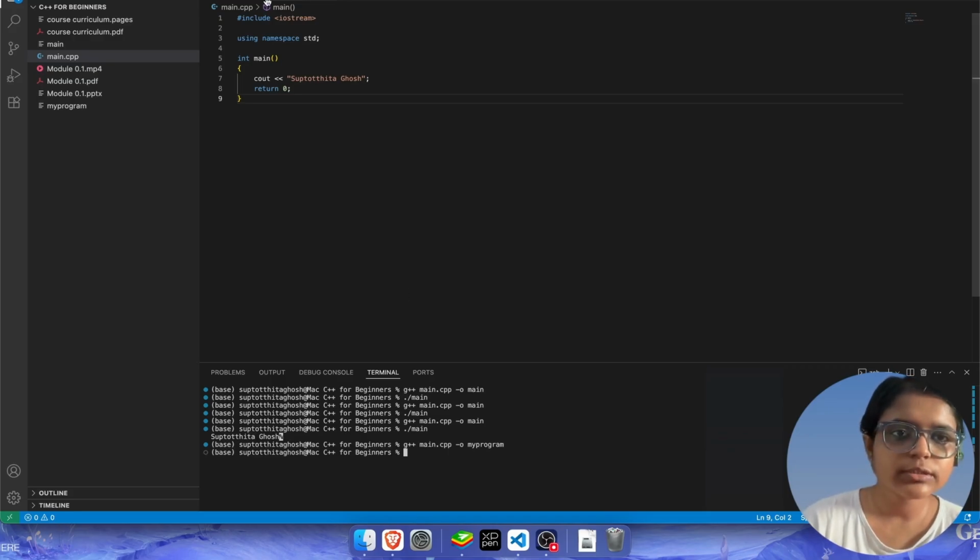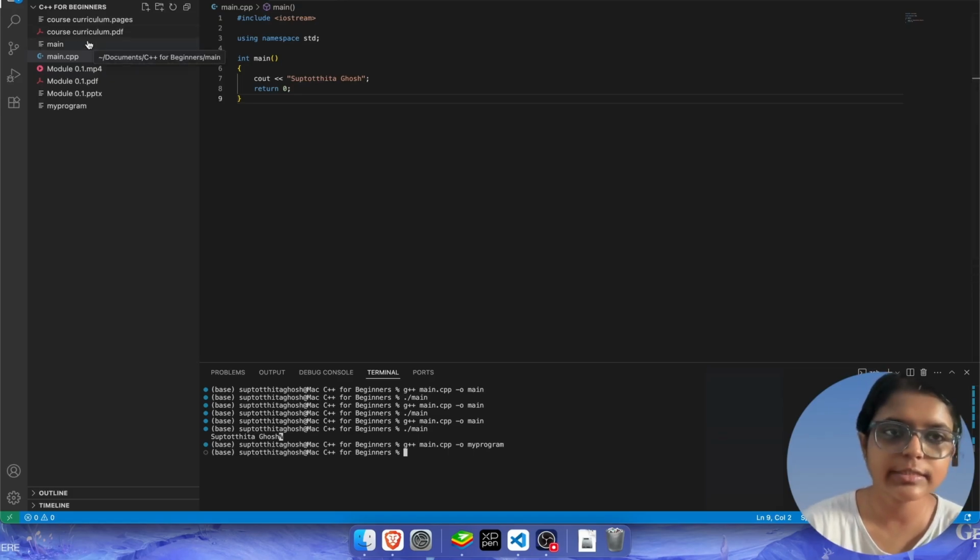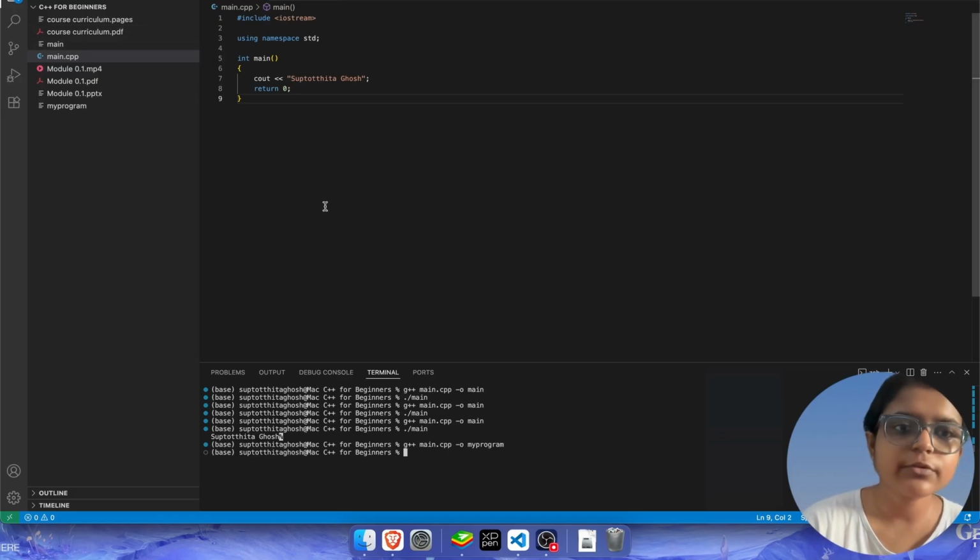So this was the whole code. Okay, let me talk about the extensions a bit, the extensions that we would come across by using C++. First of all, we have .cpp. So .cpp represents the C++ source code, like this one here. Then we will have .exe in the case of Windows machines and the one without any extension in the case of Linux and Mac. So that will be the executable file, the file that is ready to run.